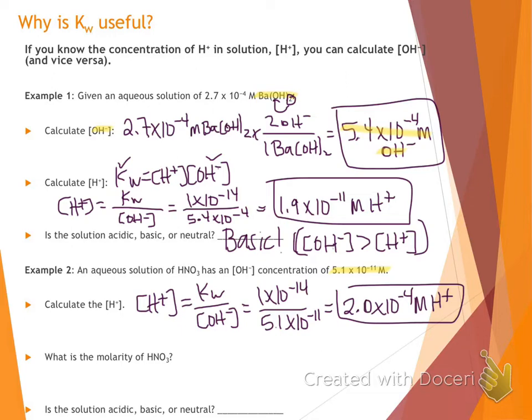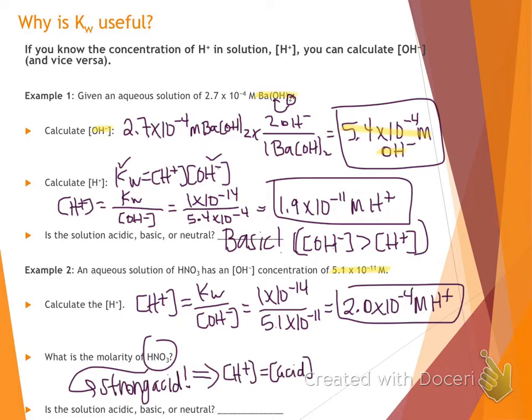Part B, though, we're looking for the molarity of that nitric acid. So we have to remember that our nitric acid is a strong acid. That is a strong acid that dissociates 100%. All of the H plus that was in the acid is in that 2.0 times 10 to the negative 4 molar. That's equal then to the concentration of our acid,